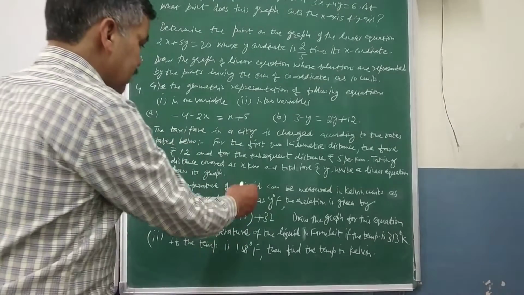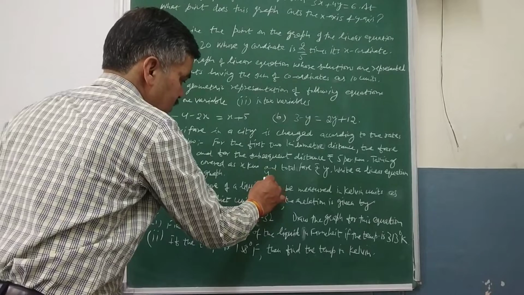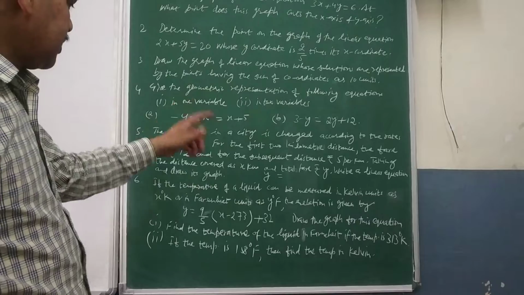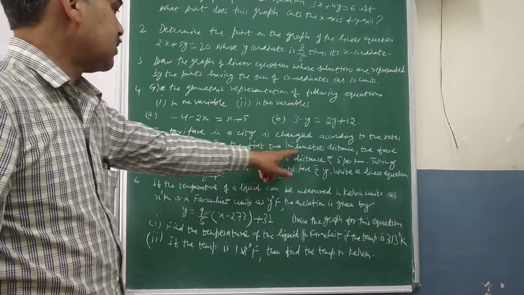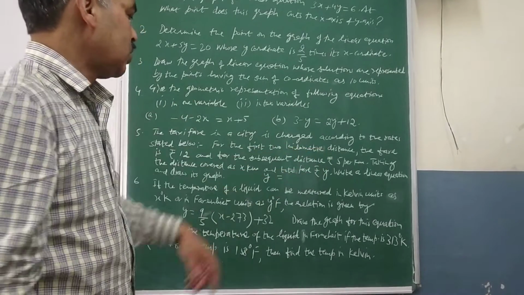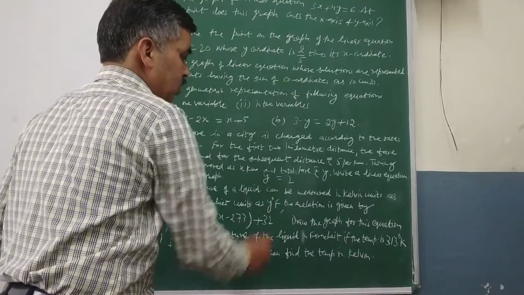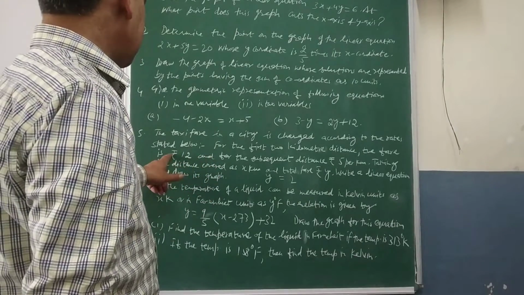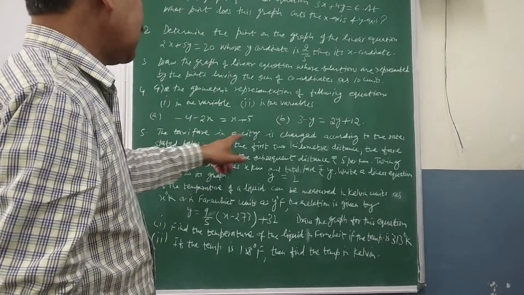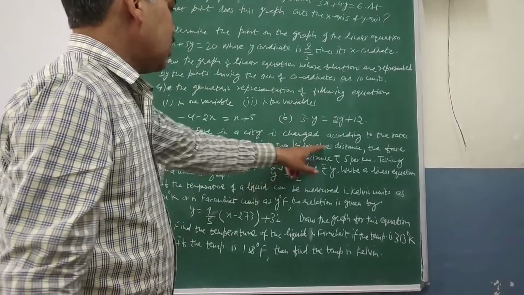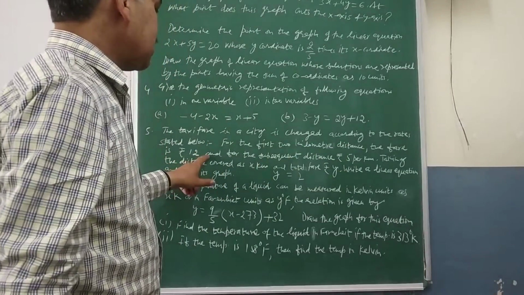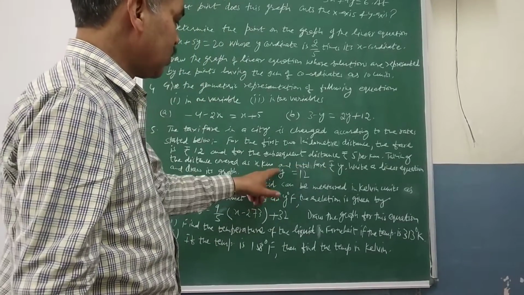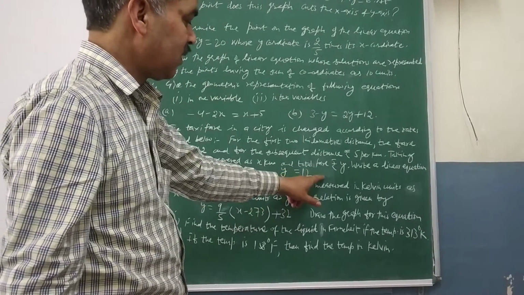So the total fare you are charging is y. It means the equation that you are writing is in terms of rupees, so that is y. And the fare charged for the first 2 kilometers, so first 2 kilometers covered, plus at the rate of what? For the first 2 kilometers distance, the fare was rupees 12. Because I am writing the fare in rupees, total fare is y rupees. So my equation will be in rupees now.